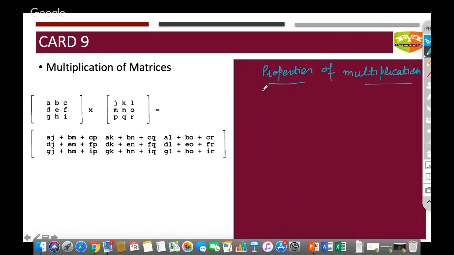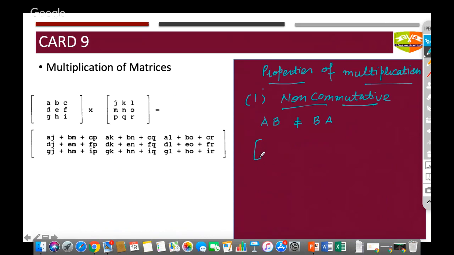So properties of multiplication, first one, it is non-commutative. So what do I mean by non-commutative? Non-commutative means A into B is not equal to B into A. So why does it happen? Because in case of, I had taken the example of,